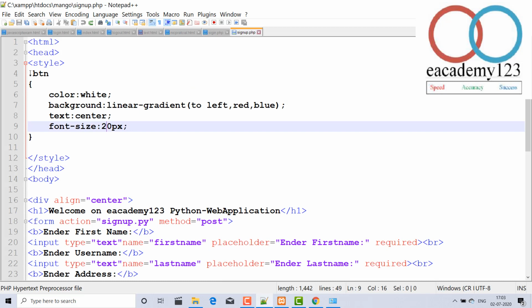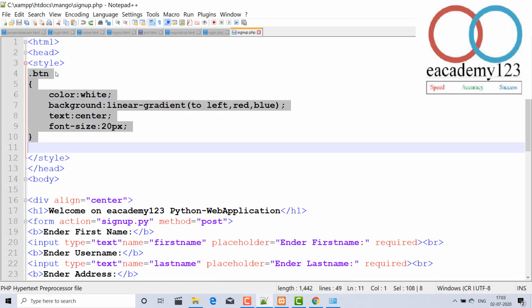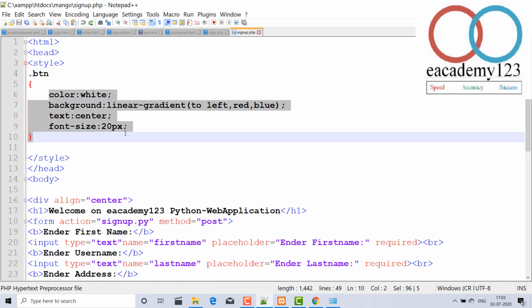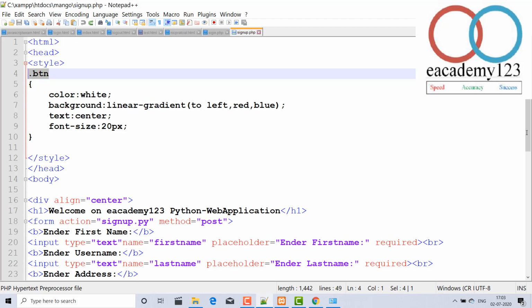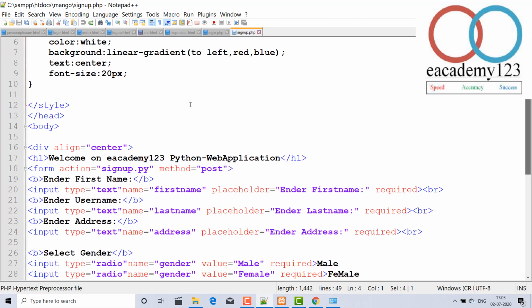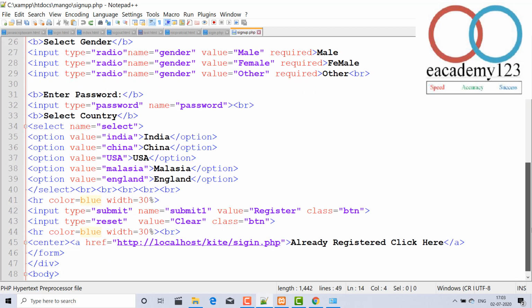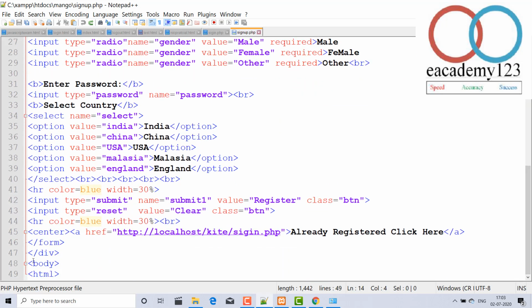So it is the CSS coding, cascading style sheet, and all this script effect I have bundled in a btn class. Okay, and just nothing but the style close, head close, and inside body. Yes, but body is not working, so the body I didn't close, I think. Yes, it's very wrong. Body is not closed, HTML is also not closed. So Ctrl+S, I made a mistake.